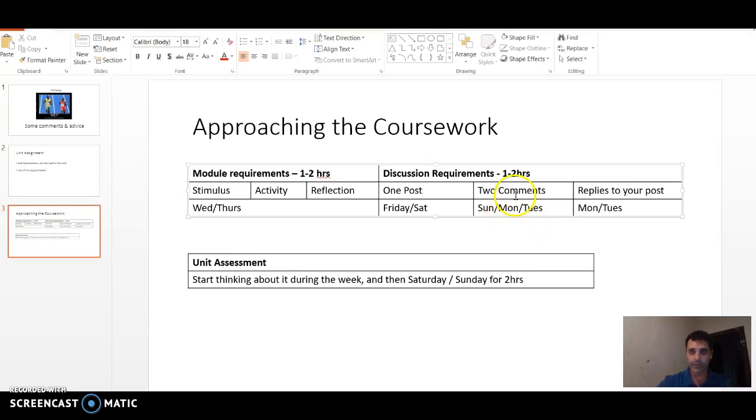Then you stick to that rhythm, and then you see it's only 1.5 hours, 1.5 hours there. So, 2 to 3 hours. That's it. That's what I would do if I were you guys wanting to get a good score in this course. All right.